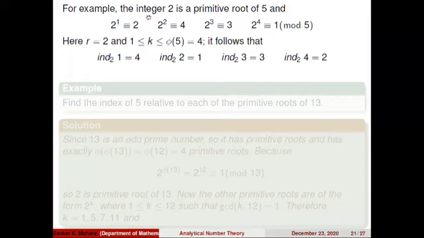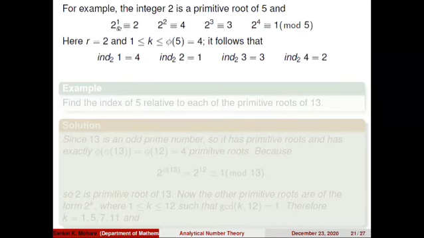So first I have found that 2 is a primitive root of 5. Why is 2 a primitive root of 5? Because 2 to the power 4, which is 16, is congruent to 1 modulo 5. That's why 2 is the primitive root of 5. Now I am computing powers from 1 to φ(n). Why? Because we are going to find the index, and the index lies between 1 and φ(n). Here the value of φ(n) is 4, so our index k lies between 1 and 4. That's why we need to compute all these powers 1, 2, 3 up to 4.